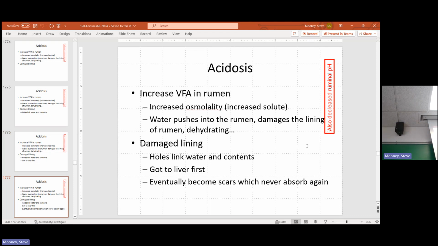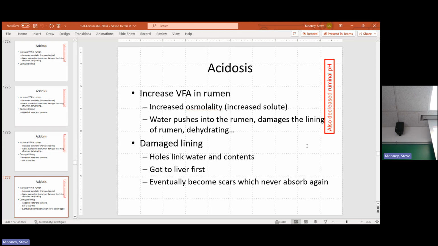That damaged lining becomes scars. And we're going to say it never absorbs again. The studies that have been done on this know those scars persist until the next lactation. Do they last forever? Don't know. Nobody's measured that, but we're going to assume they do. At least I got scars on my hands that have been there a long time. So once you've damaged that lining, it can't